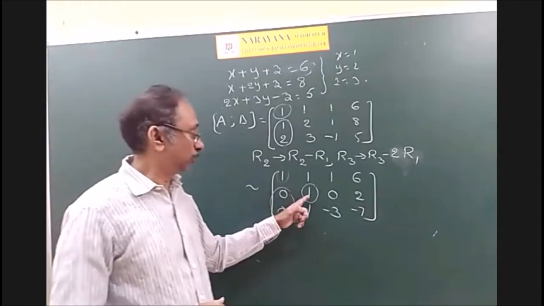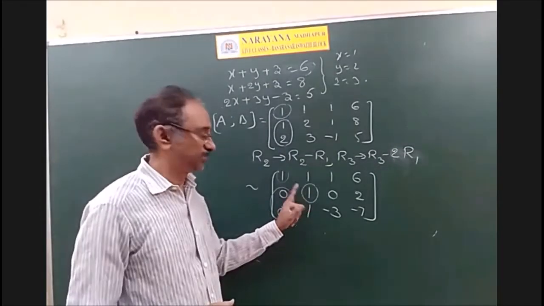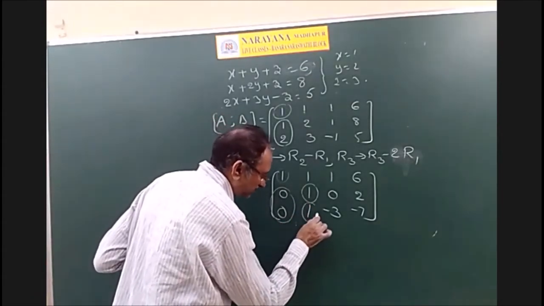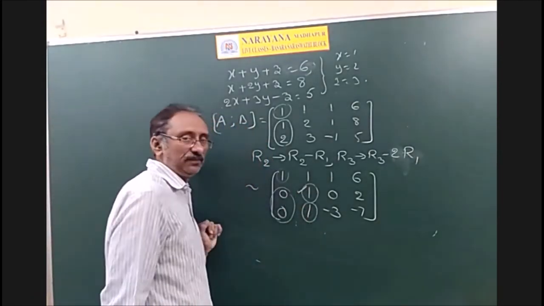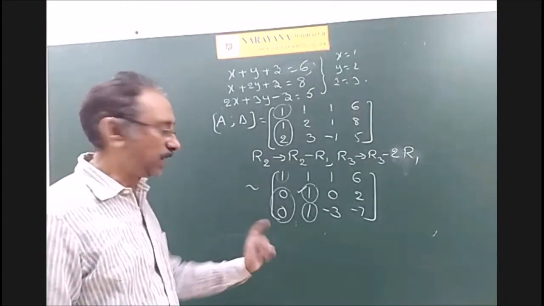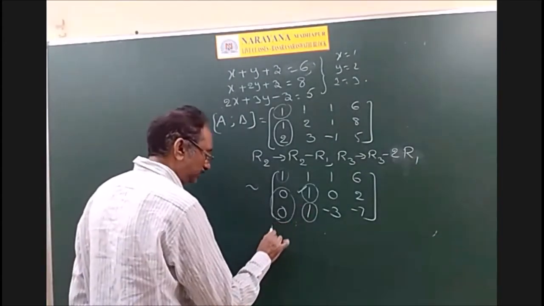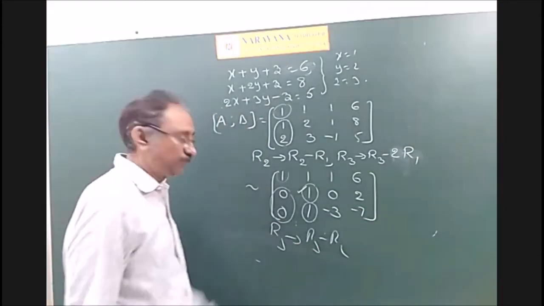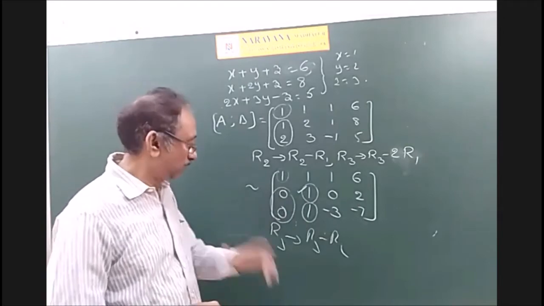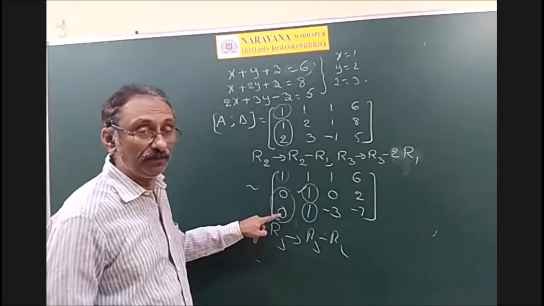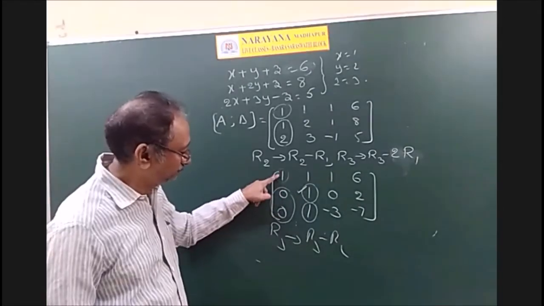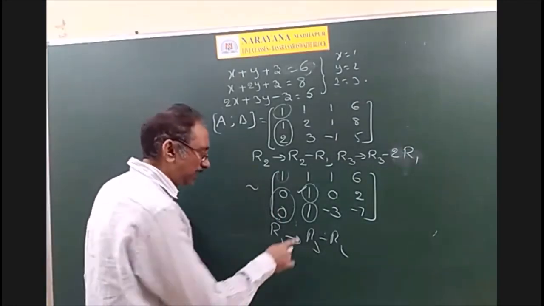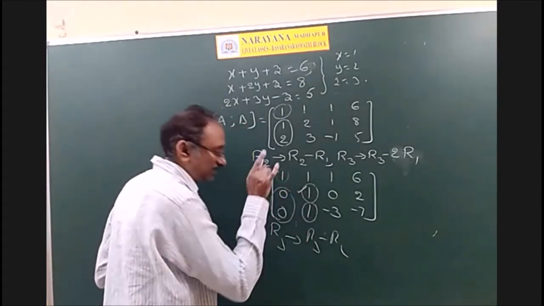That is the second row, second column element. So this is non-zero, no problem. And after this, convert this element to zero using the second row only, not the first row. Suppose a student says, sir, it is easy, sir. R3 minus R2 will give you 0. 1 minus 1, 0, sir, it's over. But previously we made it 0, and see what happens? 0 minus 1, that will be non-zero. Therefore, always use the second row to make this element 0.